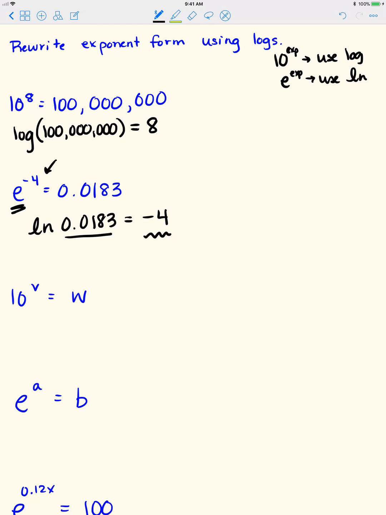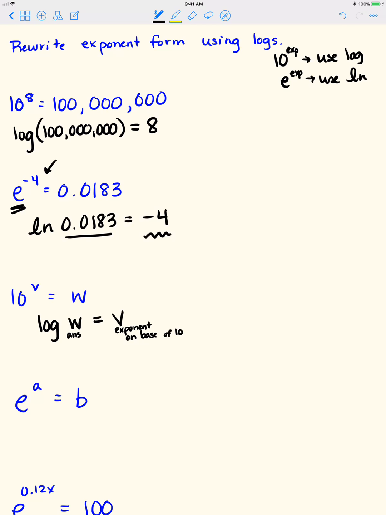It's a base of 10, so we'll use a common logarithm. So the log of w equals v. Again, it's the power on 10 that would give us w, and I know that doesn't really have any application, it's just a formatting thing. So you take the log of whatever the answer is, and the answer is going to be the exponent on the base